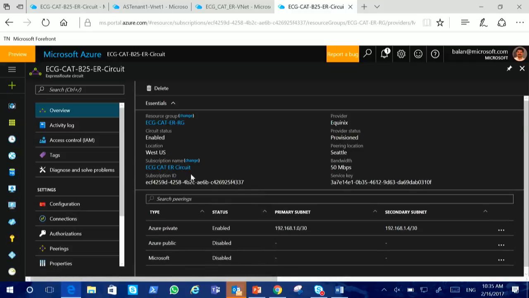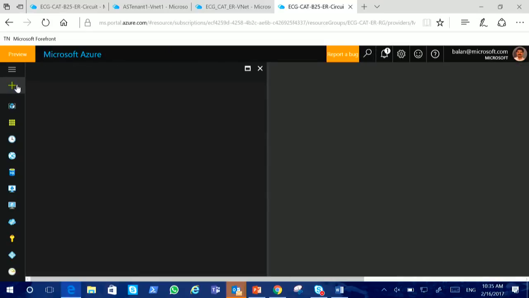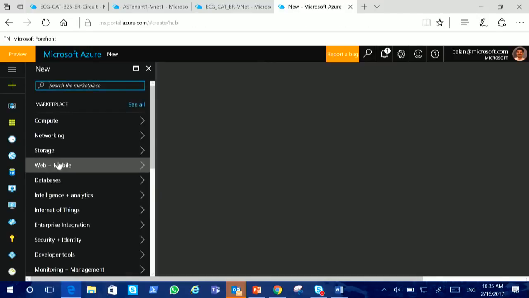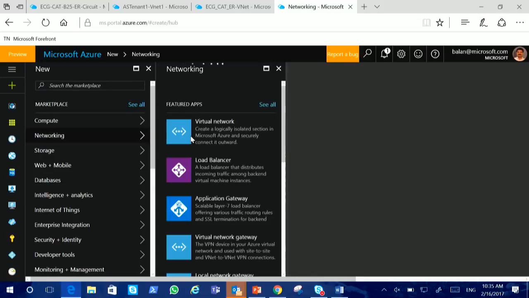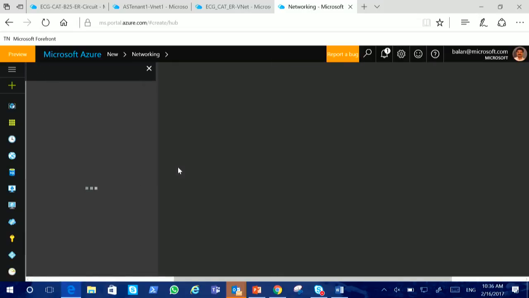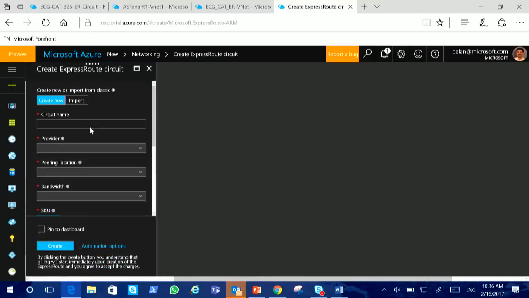The way I have done that is, when I configure a new ExpressRoute circuit, I go to the Azure portal, add a new ExpressRoute circuit under networking, and it asks what name you want to use for this circuit, and who the provider is that you are going to go through.